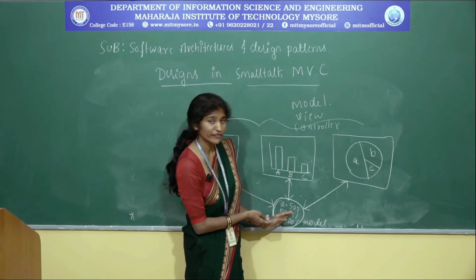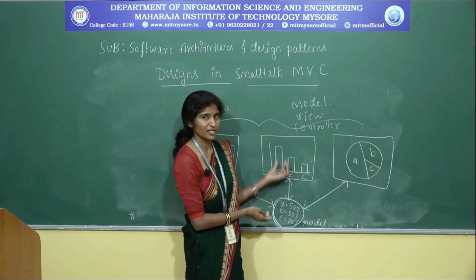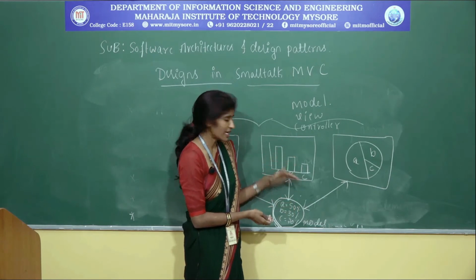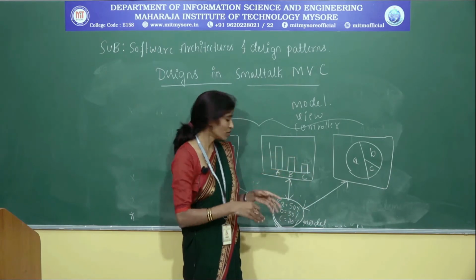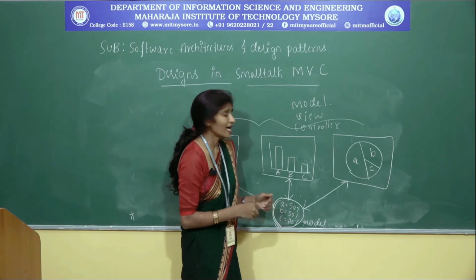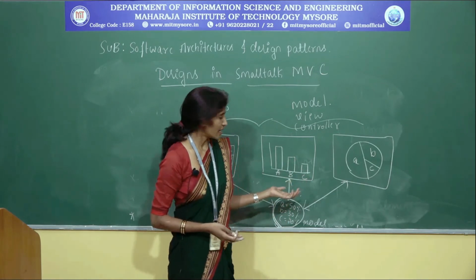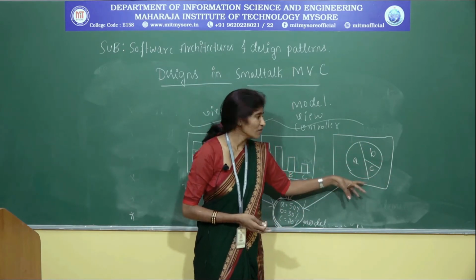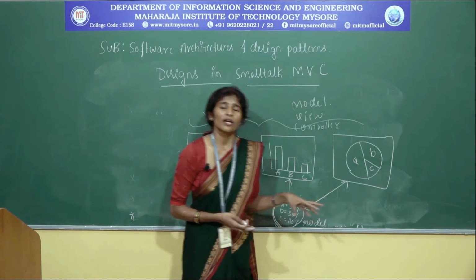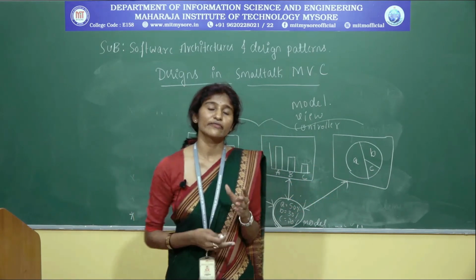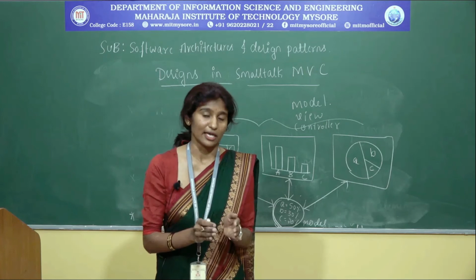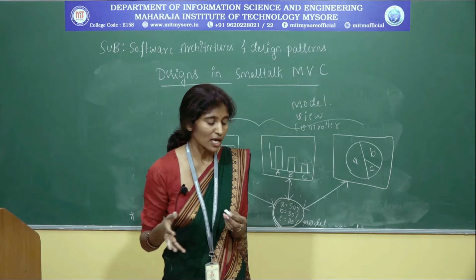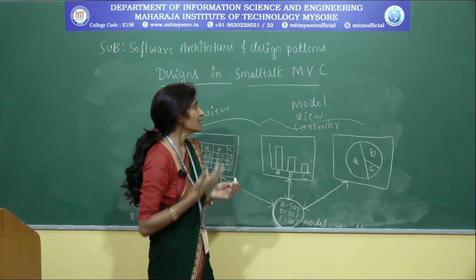So A has 50%, I have raised it, means a bit higher, and B is less than A, so a bit lower, and then C is completely low with respect to A and B. So that I have represented using the bar chart, right? And the same data I have represented using the pie chart also. So what you are going to study in this figure is that a view can be a different representation of the same model. The same thing, same subject can be viewed in different ways, and the intermediate connector is a controller.